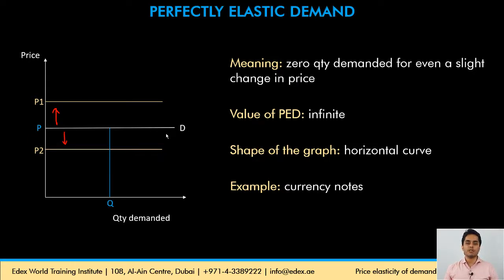An example of such products would be currency notes. See, we may not have products in real life that demonstrate exactly the perfectly elastic demand. But yes, currency notes, it doesn't matter if we buy from either of the suppliers in the market, the currency notes that we get are exactly the same. So why will the consumer be willing to pay even a slightly higher price to any supplier? The moment the supplier increases the price even by a very small margin, consumers will quickly shift away to the other suppliers and the quantity demanded for that supplier becomes zero.